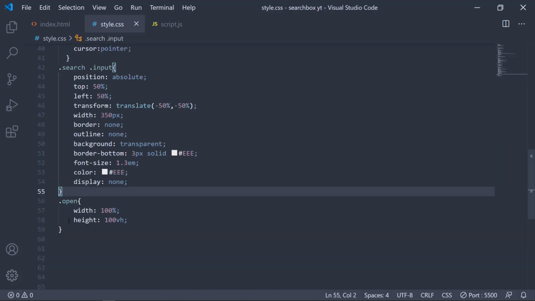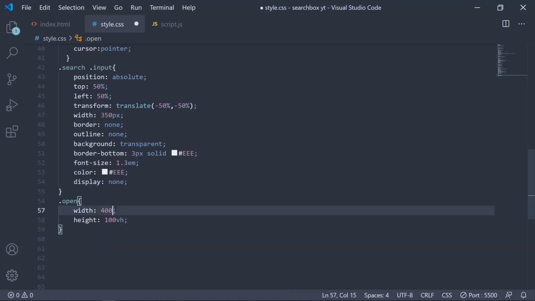If we click it, it looks almost fine. So if we change the width and height, and if we increase it a little bit, suppose we give it a value of 4000 pixels, so it will be larger than our display and very much larger, and also the same height.